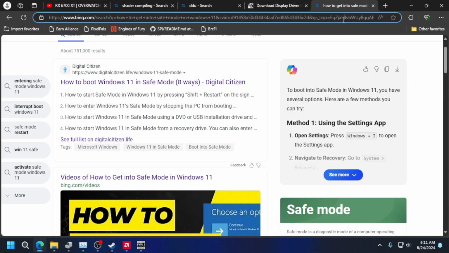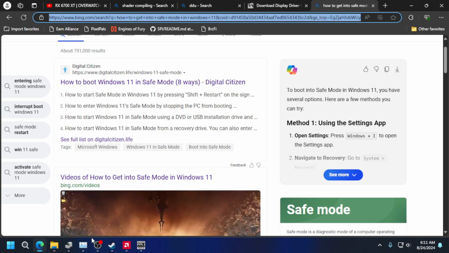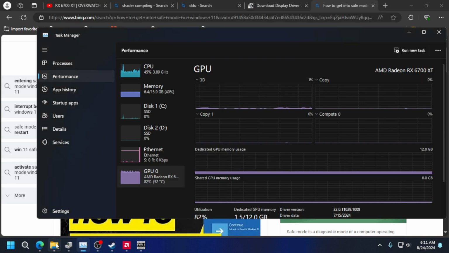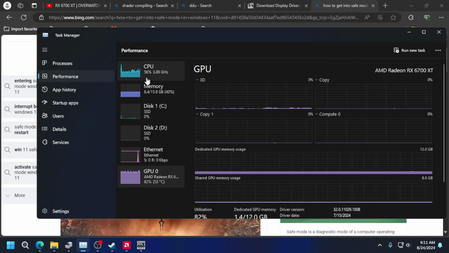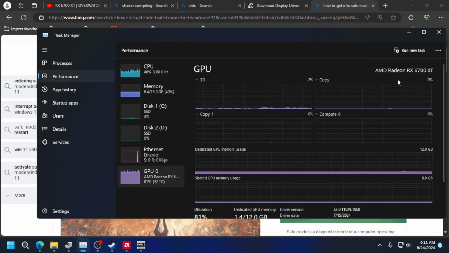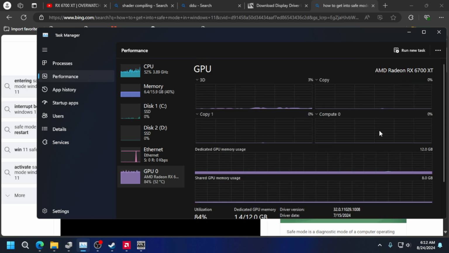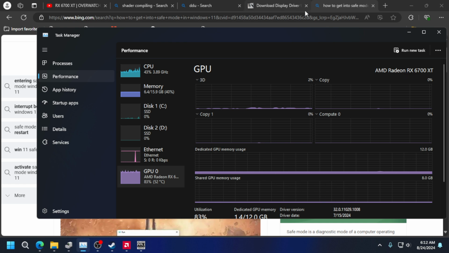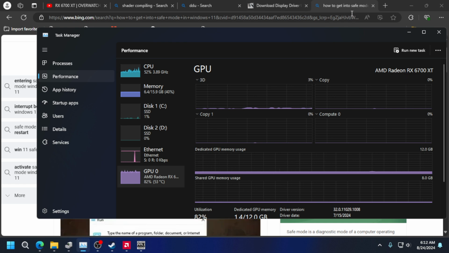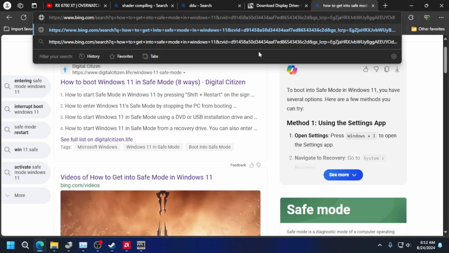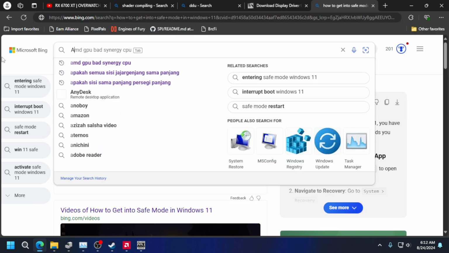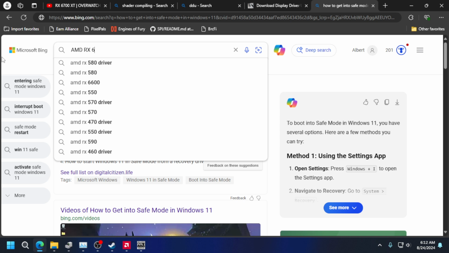I already downloaded it, but if you don't know what your GPU is, you can open up your task manager by right clicking on the taskbar and then click on task manager, click on performance tab, and you can click on your GPU, and then you'll know what your GPU is, like this. For me it's AMD Radeon, so I can just type AMD RX 6700 XT driver,